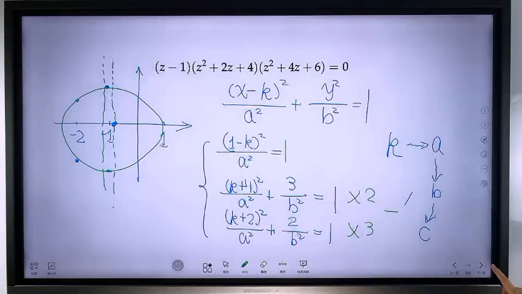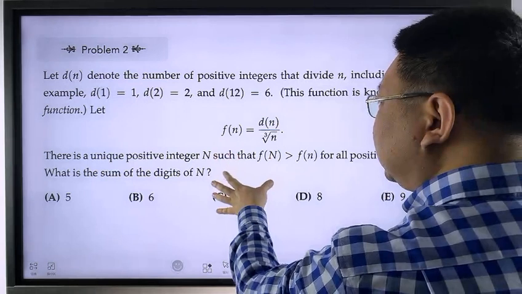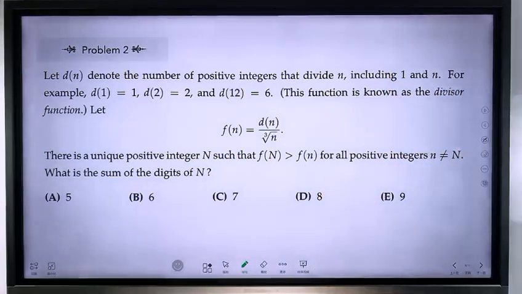All right, now let's move on to the next question. The next question is the last question in AMC 12. That question, in a sense, is also advanced, because the definition of this function is kind of like some number series function. So d(n) denotes the number of positive integers that divide n, and then we define f(n), and they say there's a unique positive integer n such that f(n) is greater than all of the others. After you read, because you probably only have 1 minute to read a question and understand it, what you should get immediately is